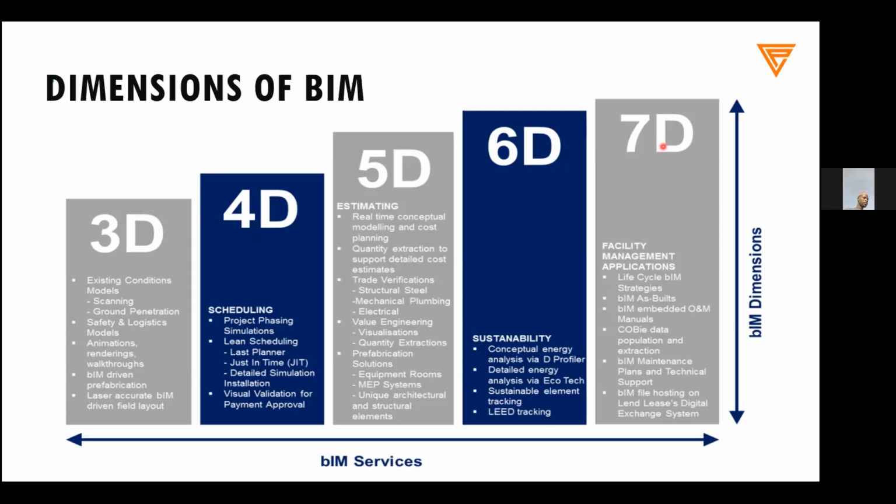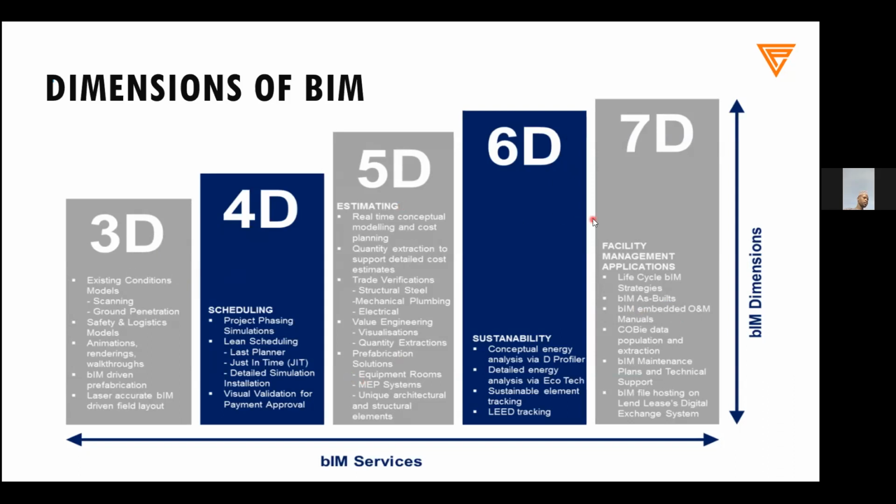So there's a lot of other things that are associated with it, right? For example, you have constructed a building. In that particular building, you have a lot of mechanical and electrical appliances. They might have a warranty or guarantee that might end in 10 years or 15 years or 5 years. So facility management helps you to do operations and maintenance of the complete building. That is something that is included in the 7D, or seventh dimension, of BIM, right?